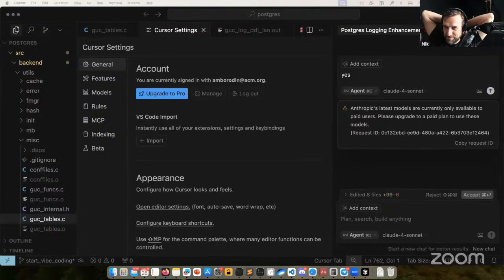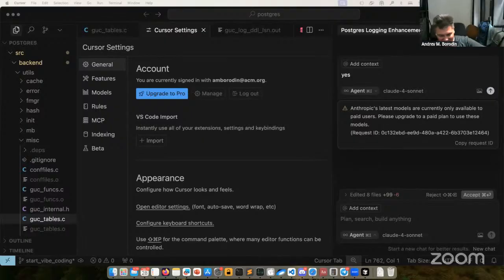Yeah, okay. So it was easier to do everything yourself, right? Oh, I don't know. Actually, I have mixed feelings. It was doing very well, but at some point it seems to have switched to a weak model.